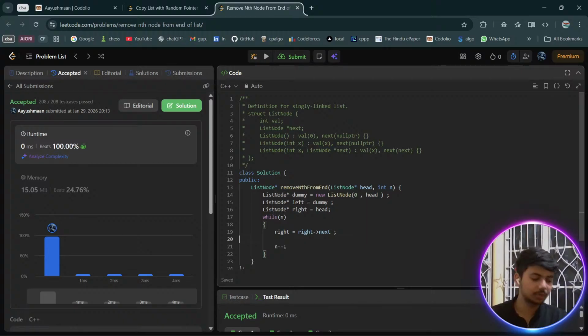In this case what we are doing is moving the right pointer unless and until हमारा n 0 हो जाए, ठीक है. अब now once this is done,